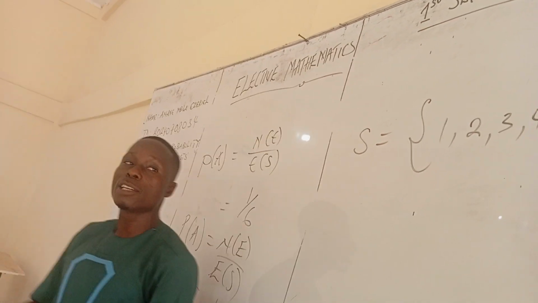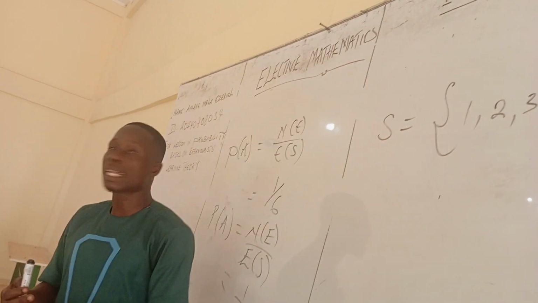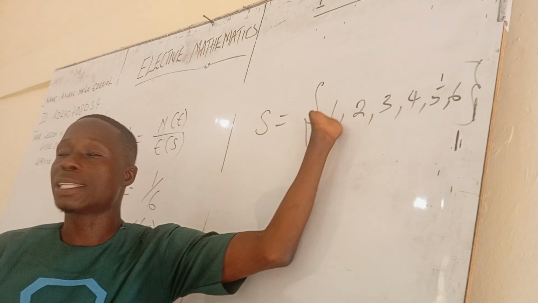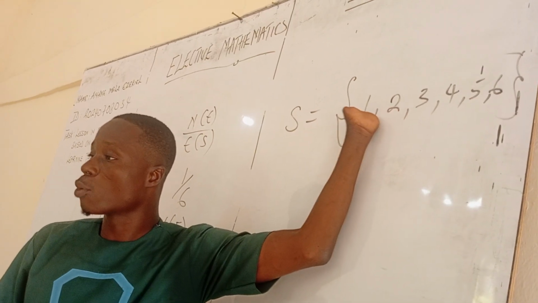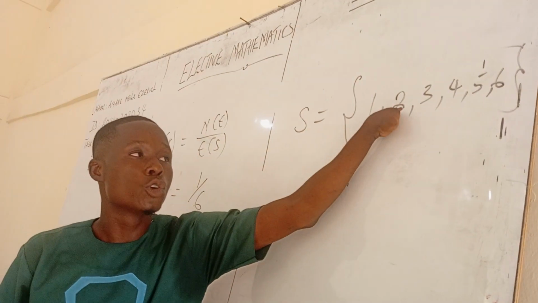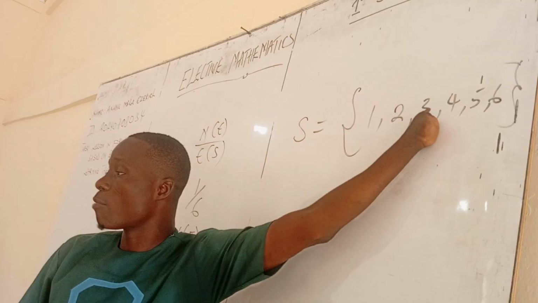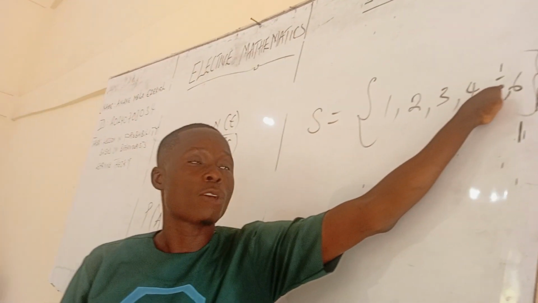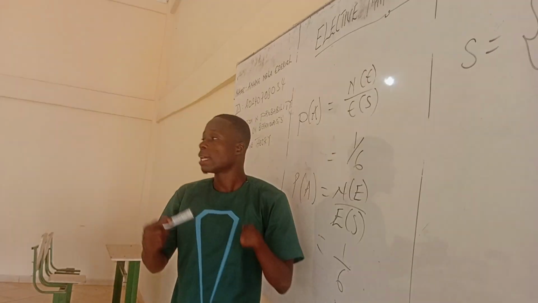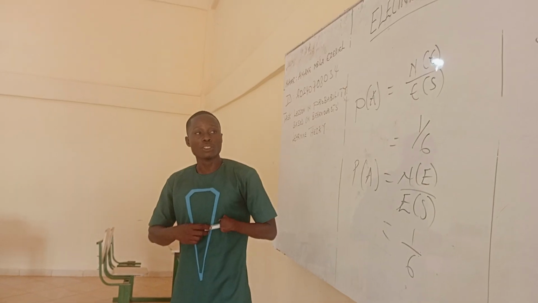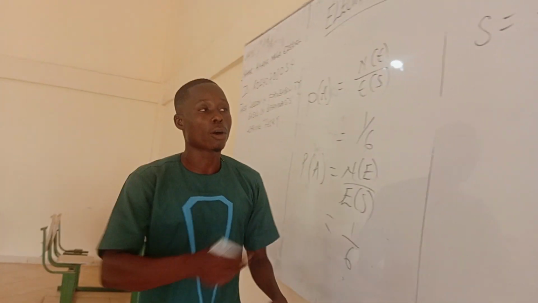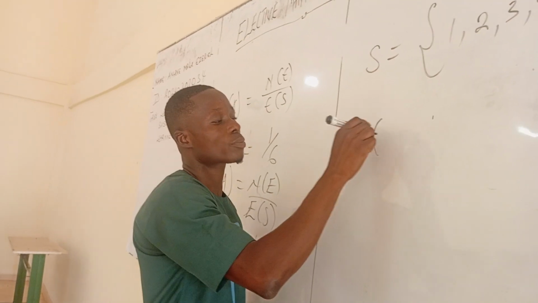The even numbers give us the possible numbers that you can find within the sample space of the die, and that is 2, 4, and 6. So our probability of even numbers will give us